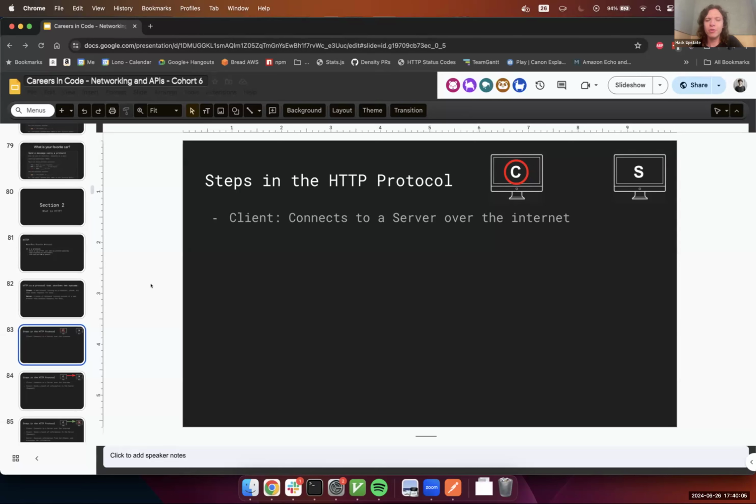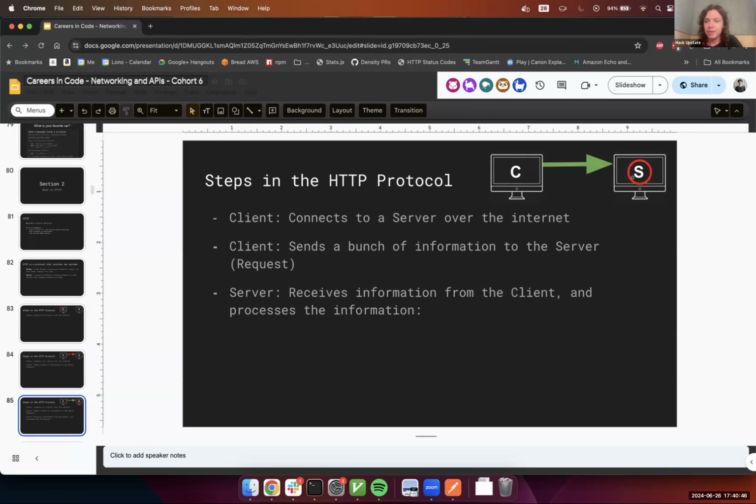But on that note, let's walk through the steps of how this protocol tends to work. So notice in the upper right here, I have client and server, the little C and S computers. The first thing that happens with HTTP is you have your client and server, and the client will connect to the server over the internet. The client will then send the server a bunch of information. This part of the interaction is called the request. That's the name we use in HTTP parlance to refer to this part of the interaction. Then once that request happens, the server,